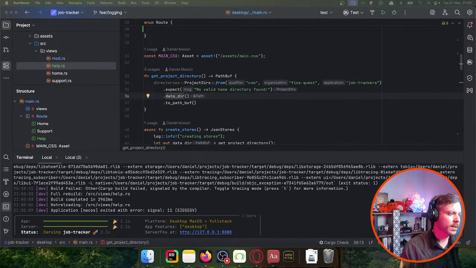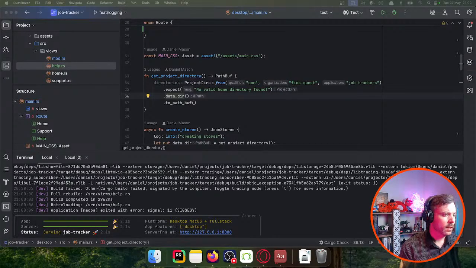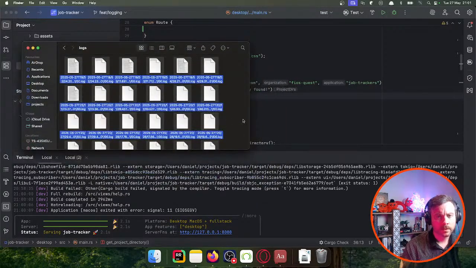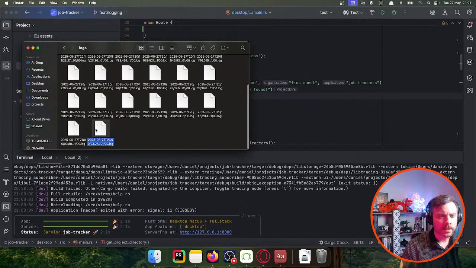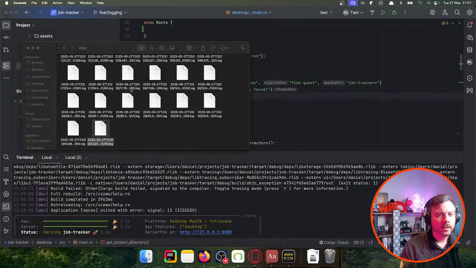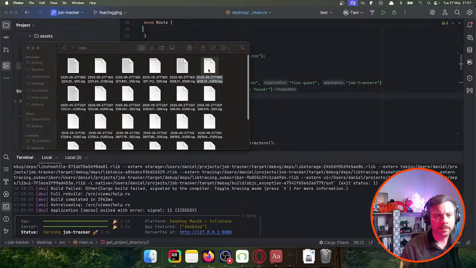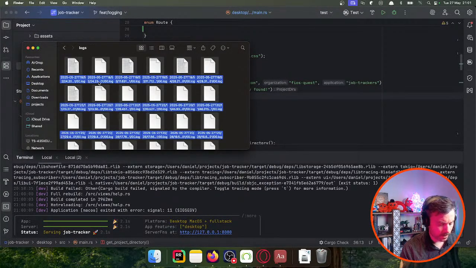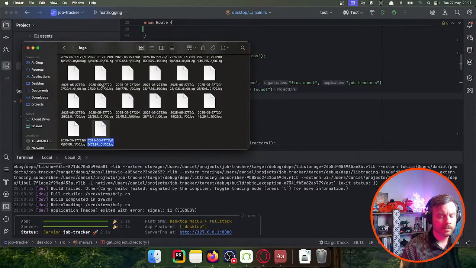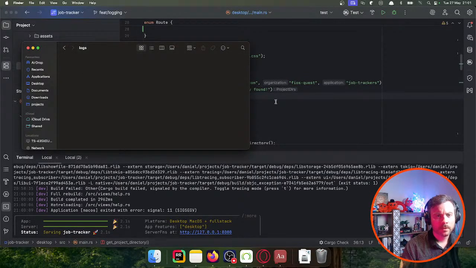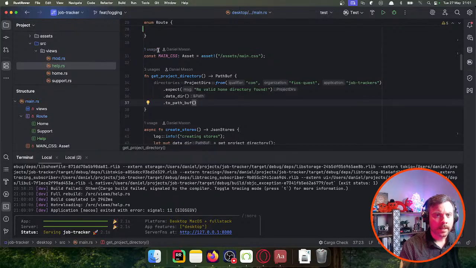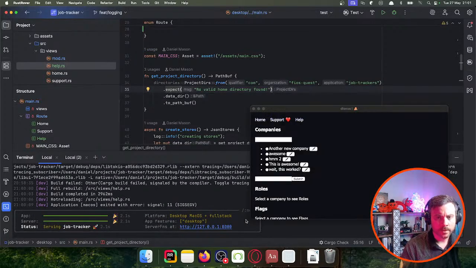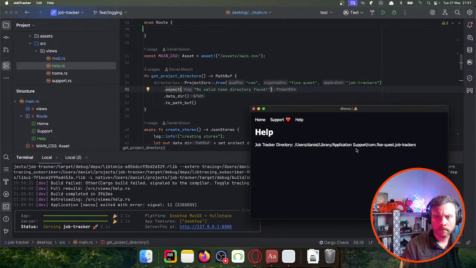We probably want to work out a way to not write the file if we're not going to use it. Sorry, let me just show you that. So before I delete it, we can see that most of these contain nothing. Last one to contain something was, oh no, it wasn't this one, but it was close by. So let's just delete these. There we go. Let's reopen this. Help. So it didn't open the